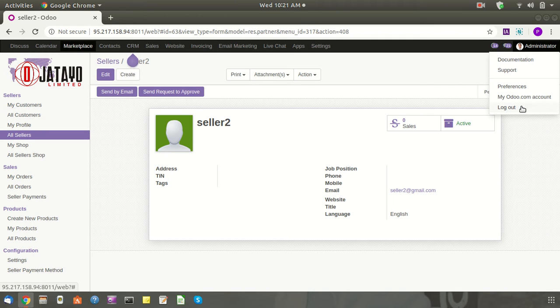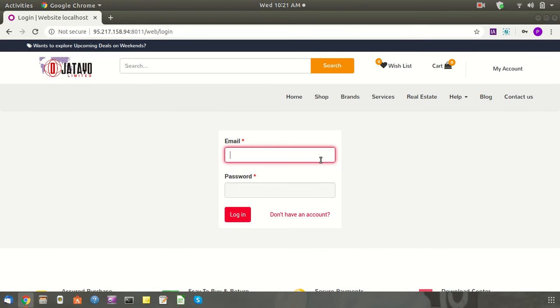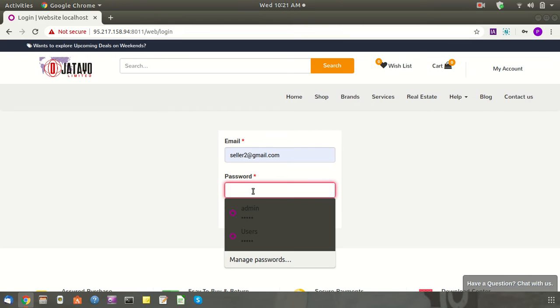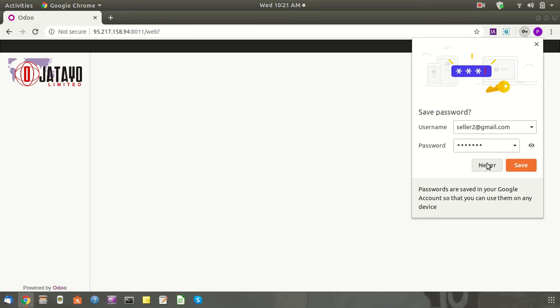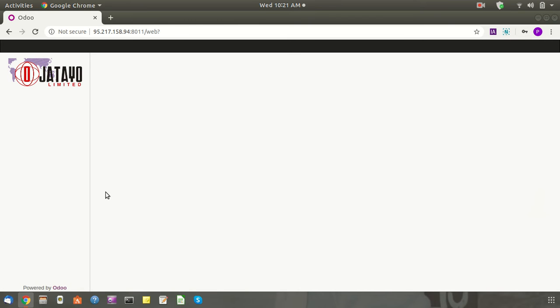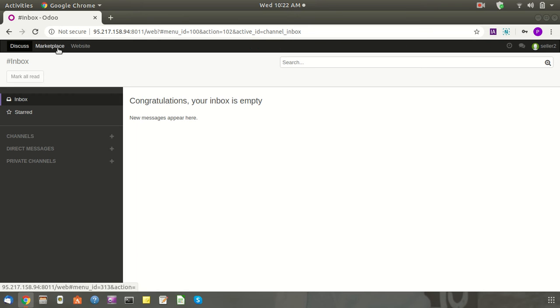I'll show you. Just log out from the admin and log in with seller 2, the vendor. After giving the permission, now I can see my backend, discuss, marketplace and website.